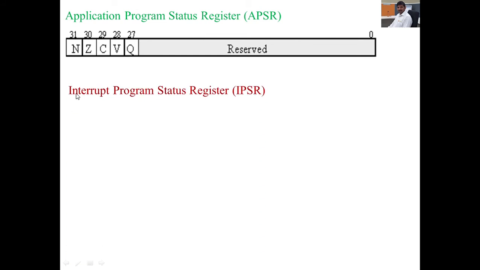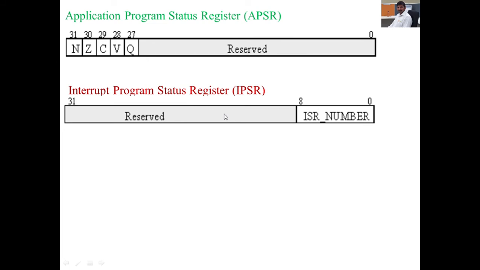Next, the interrupt program status register. In this register, the first 0 to 7 bits indicate the interrupt service routine number. That number indicates where the ISR is located.